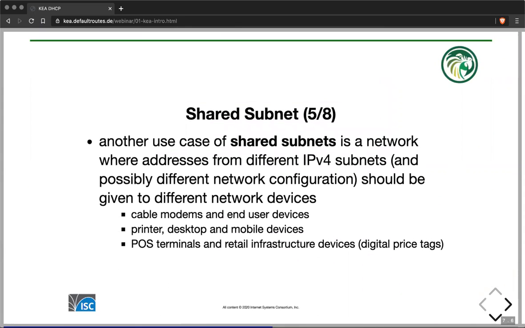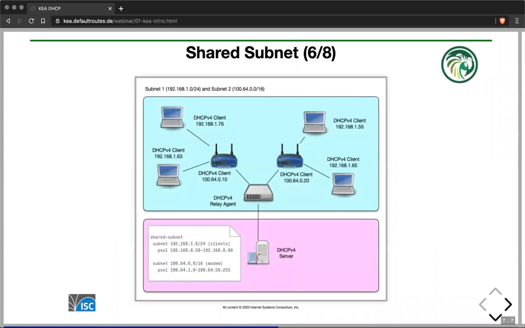There's another use case for shared subnets, and that is if you have a network, which is one physical subnet, but you have different kinds of devices, and you want to separate these devices by giving them different IP addresses. For example, cable modem and end-user CPE devices, or printers, desktop, and mobile devices. You want to separate them into different IP address ranges or networks, or point of sale terminals and other retail infrastructure devices like digital price tags. And we could do that as well